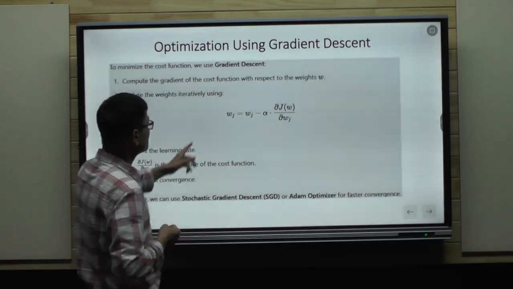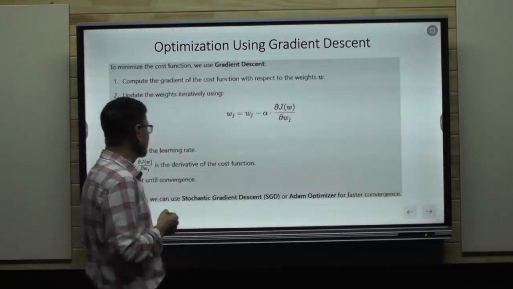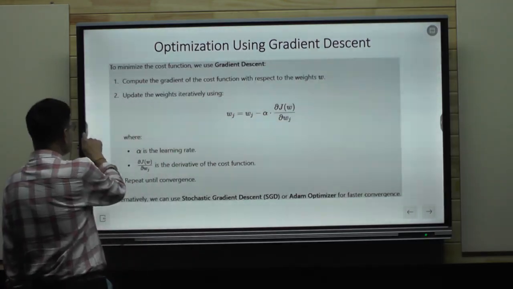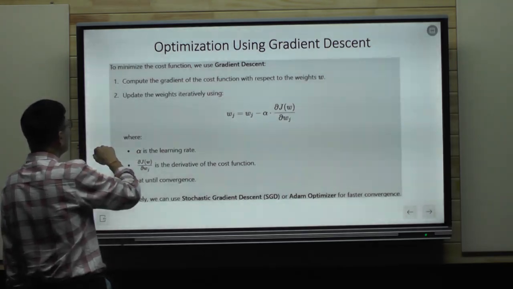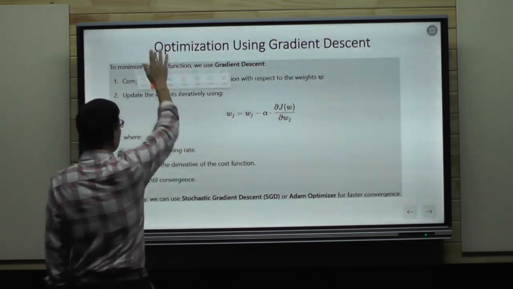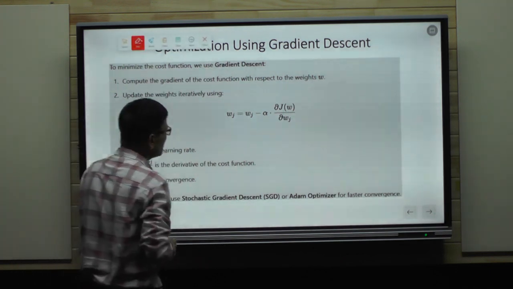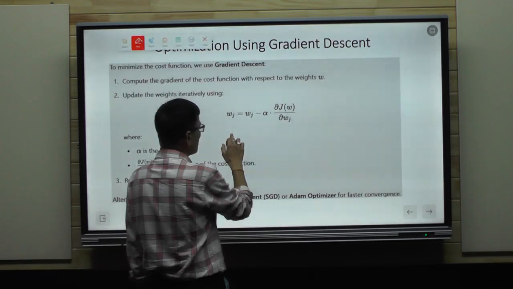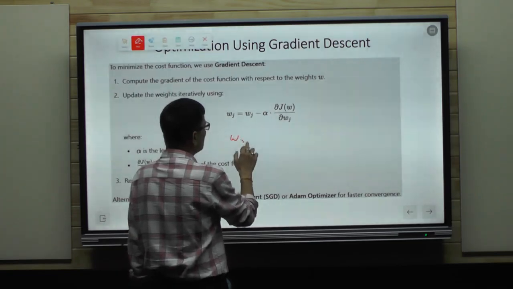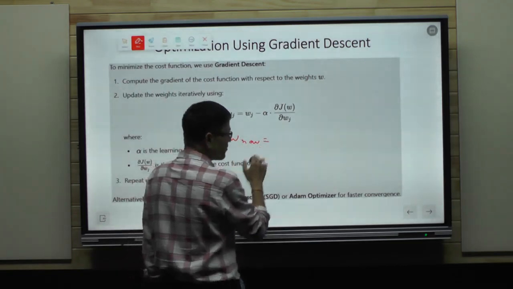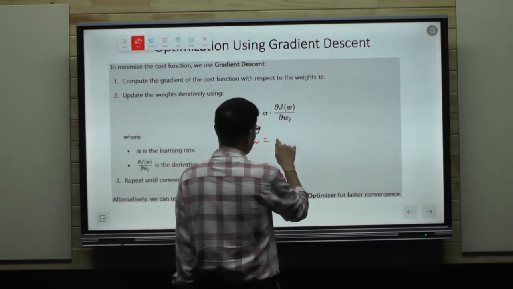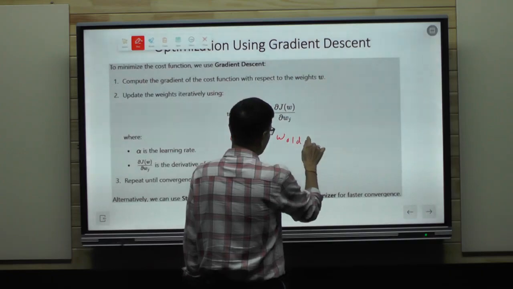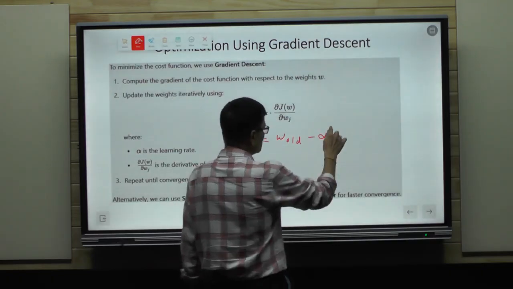So for that we use the algorithm known as gradient descent, and in gradient descent we have Wj. Whatever weights you are using, the new weights you will compute after the first iteration. This is old minus alpha